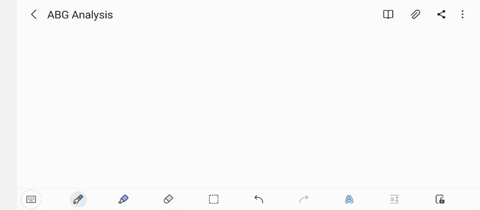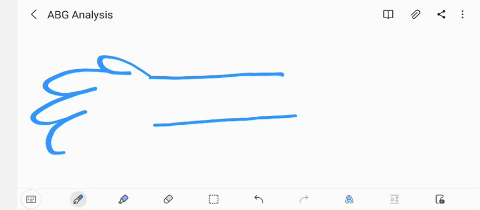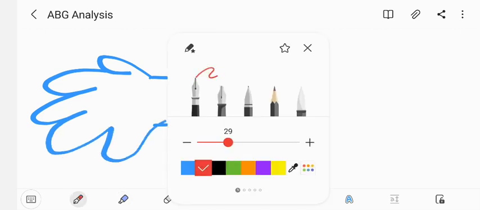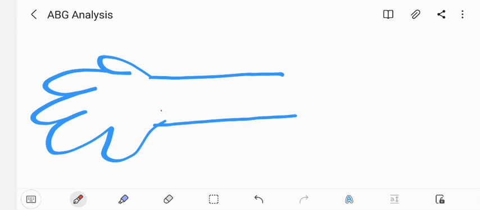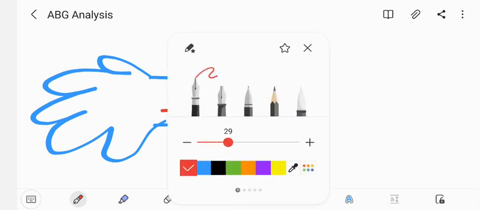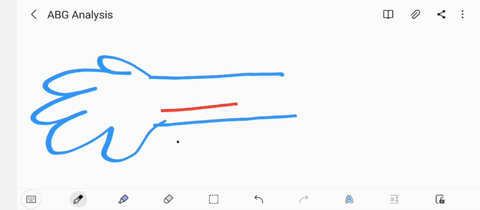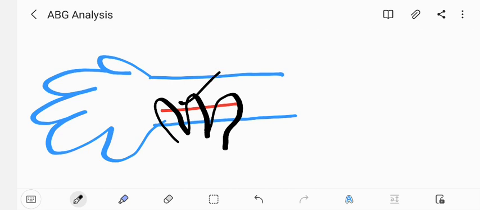How to perform it? Suppose this is your wrist area and arm. Okay, and suppose this is the radial artery. This is the thumb. So at this side, the examiner will palpate the pulse on the radial artery with three fingers. Suppose he gets the pulse very prominently in the middle finger. He will remove this finger and keep the other two over the artery.